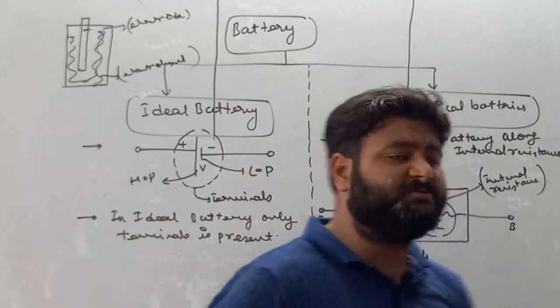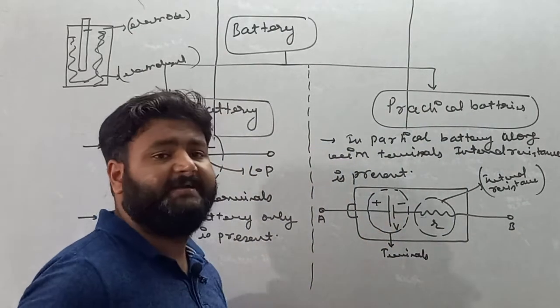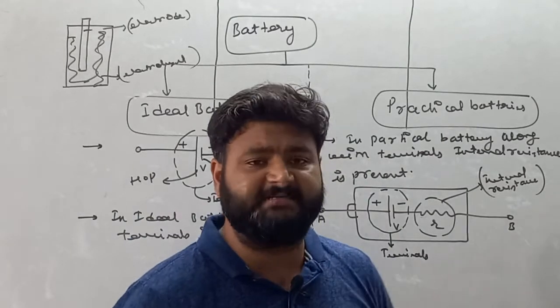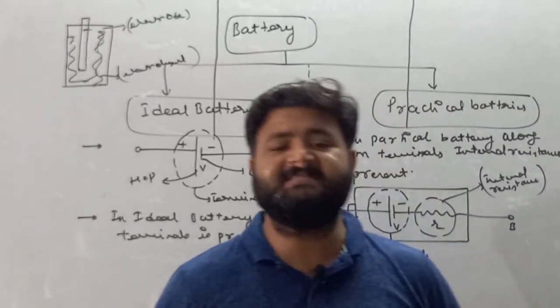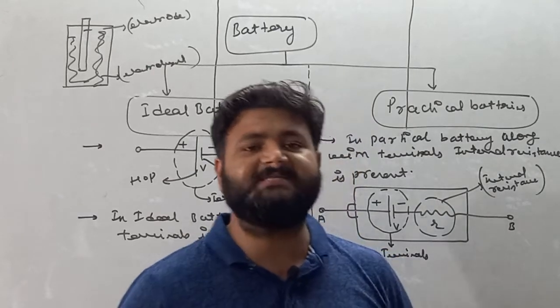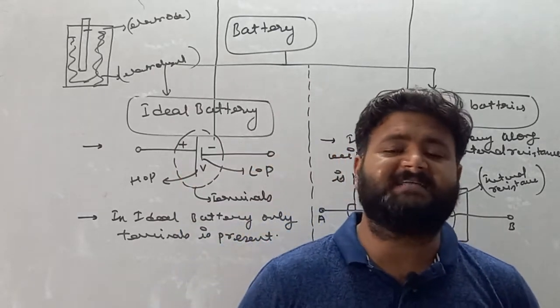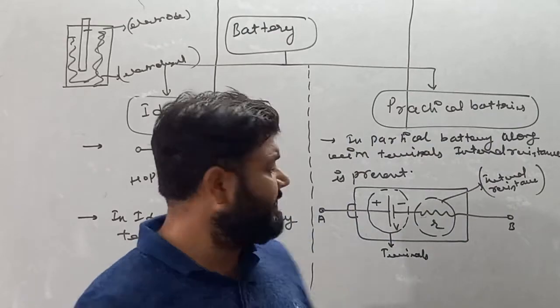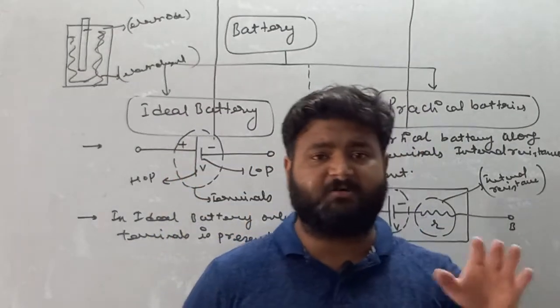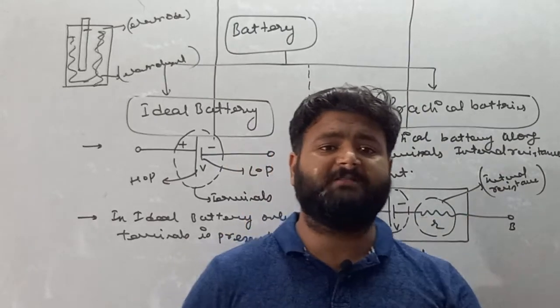So remember, my dear student, when we are using the battery, the internal resistance of the battery is increasing. If resistance increases, then we know that current decreases. That's why after some time the battery starts discharging, which means the amount of current given by the battery is continuously decreasing with time.